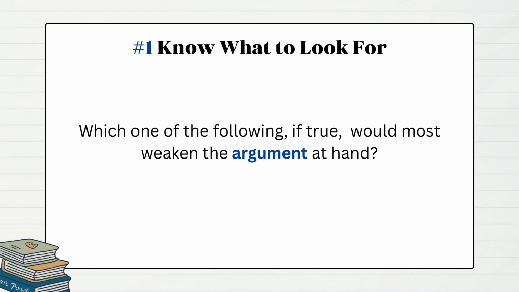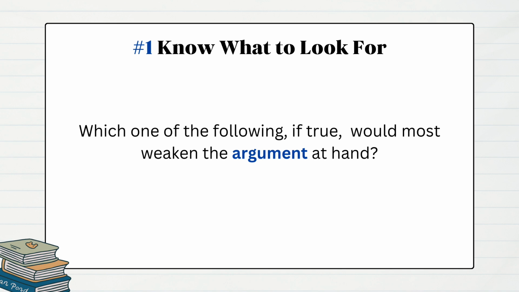So if you look at the screen, there's an example question stem for a weaken question. So let's read it. Which one of the following, if true, would most weaken the argument at hand? So the operative word in this is argument. They mention argument, not conclusion. So sometimes the error that occurs is you focus on the conclusion and you're like, oh, I want to weaken this conclusion, which is true to a degree, but there's a little bit more nuance to it. You want to weaken the whole argument as a whole. So you want to understand the premises and how they get to the conclusion, and you want to weaken that process. So it's a minor detail, but it makes a big difference.